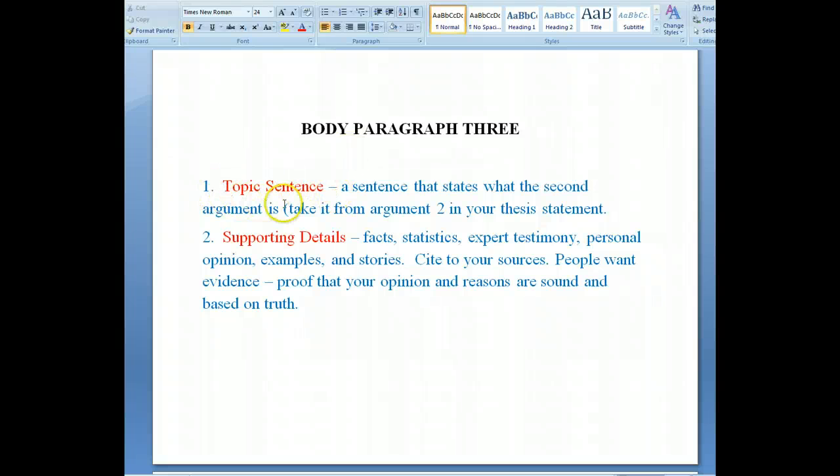Again, I'm going to use my topic sentence. Remember, it's a sentence that states what my third argument is. It states second argument here. I want to state what my third argument is. Take it from argument 3 in your thesis statement. Again, these numbers are wrong right here. I apologize for that. Once you have made the topic sentence that you took from argument 3 in your thesis